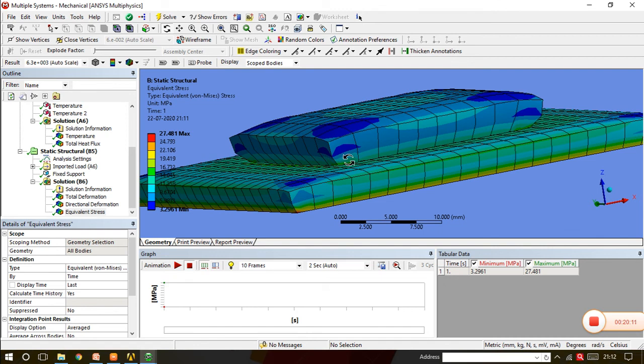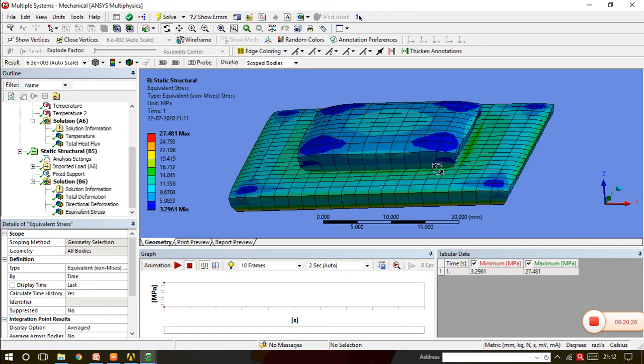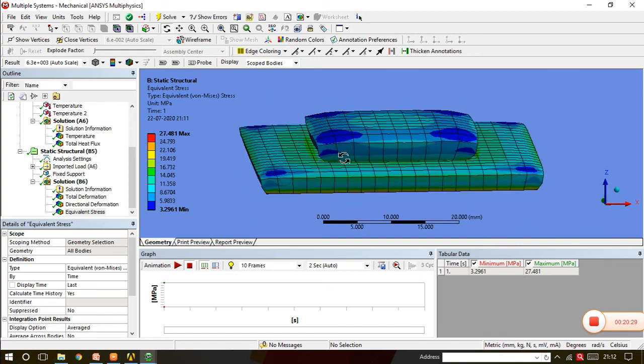So the portion which is fixed will always feel extra stresses or maximum stresses. This is the basic concept in any problem, whether it is thermal, structural, or explicit dynamics. We have to always follow this. So at this portion we have the maximum stresses. We'll see it when we move it around, and this bottom portion is also experiencing the maximum stresses. So in this way, guys, we have seen how the coefficient of thermal expansion causes the mismatch of deformation.